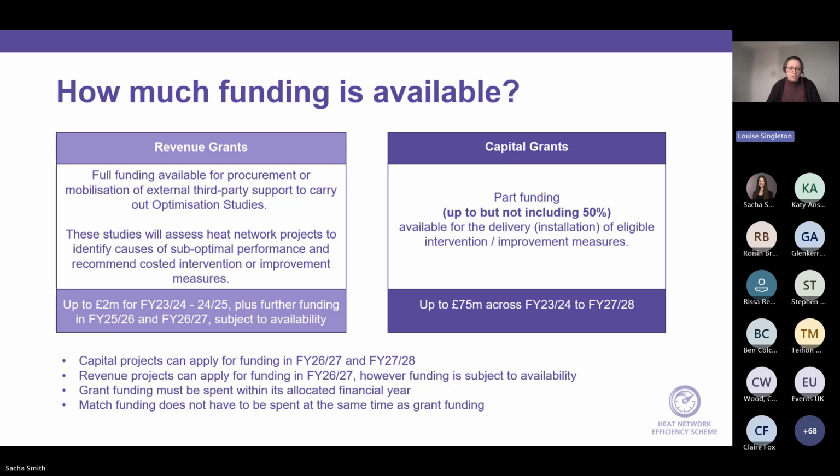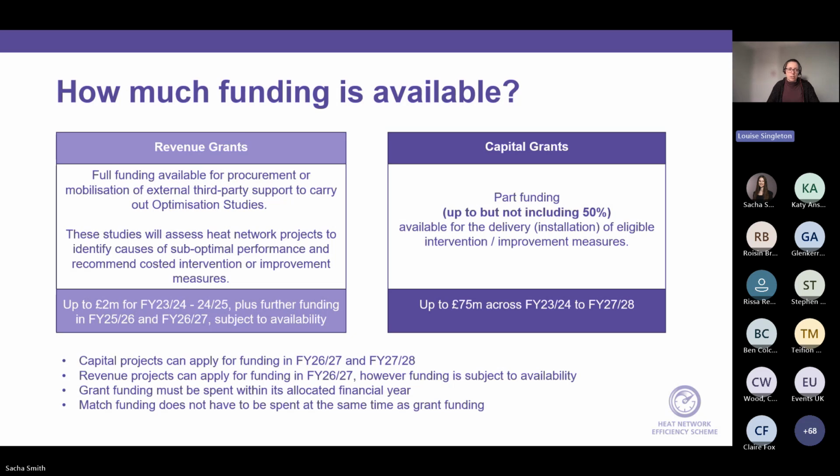It's also worth noting that from a match funding perspective, you don't have to spend it at the same time as grant funding. So you might ask for, say, same example, £100,000 in FY 26-27, but you don't need to also spend £100,000 of match funding. You could spend your £100,000 in 26-27 and then all your match funding in 27-28, for example, depending on how your internal budgets align. Obviously, we want to make sure that the projects are